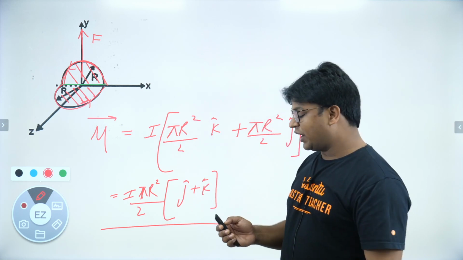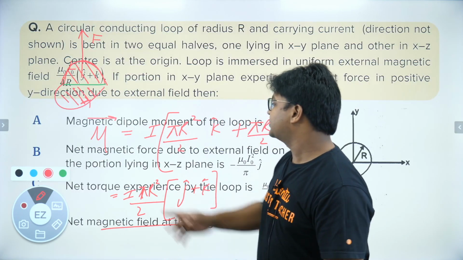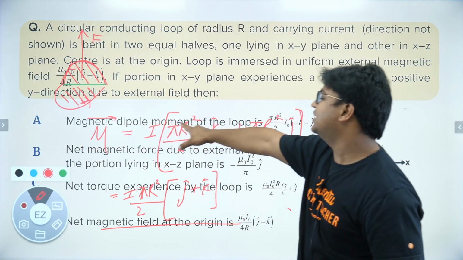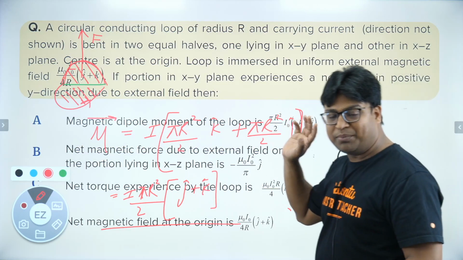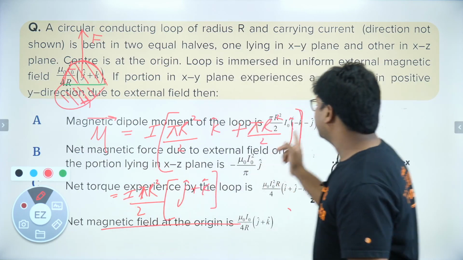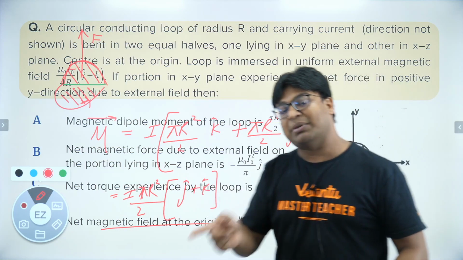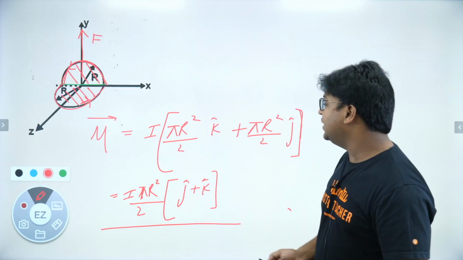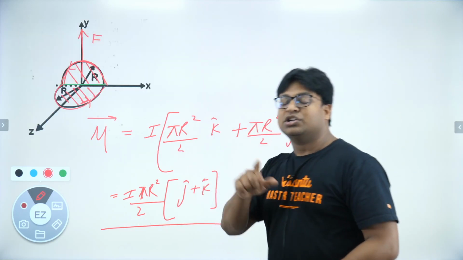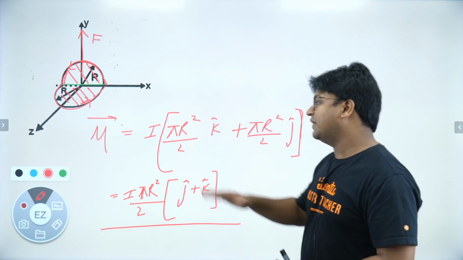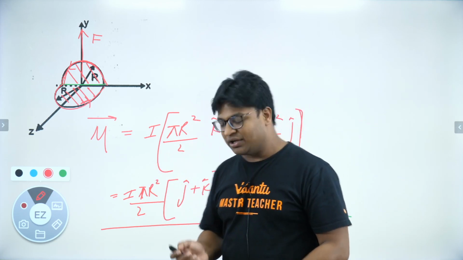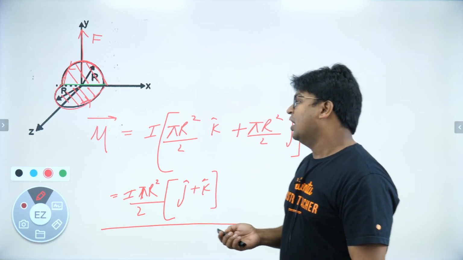Now if I go back to check the options given, option A talks about the magnetic dipole moment of the loop, and it says I naught into pi r square by 2. So magnitude wise everything is okay, but the direction mentioned here is minus j and minus k, but the direction that we are getting is plus j and plus k. So option A stands to be an incorrect one. We have decided on the magnetic moment. Let's see what the